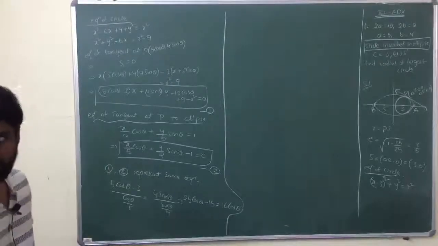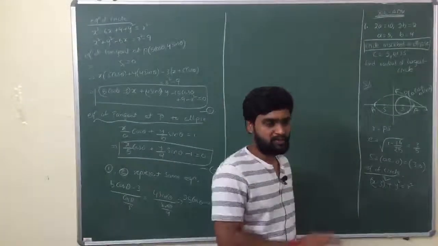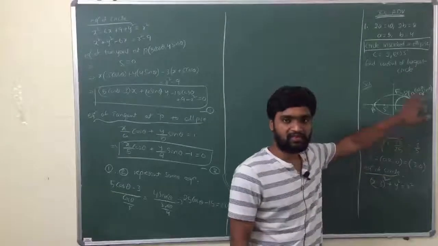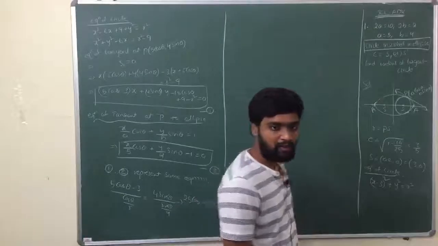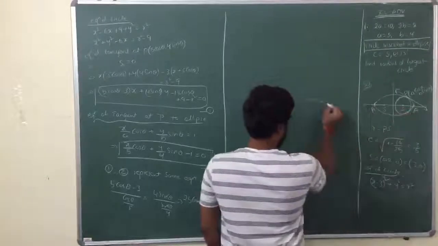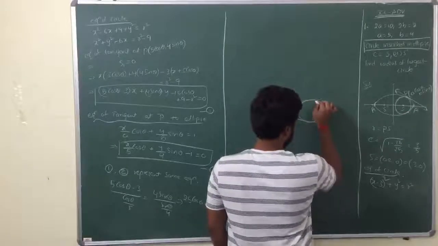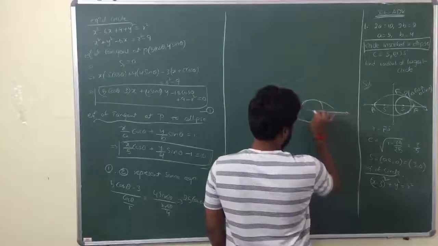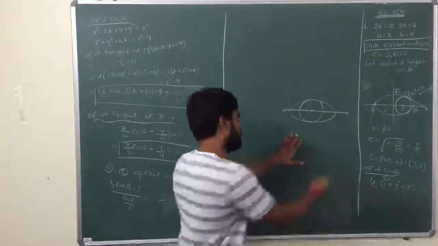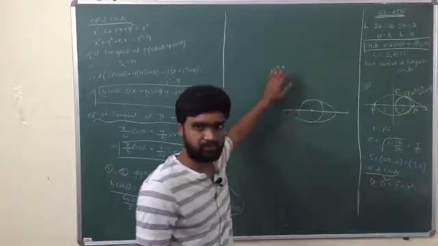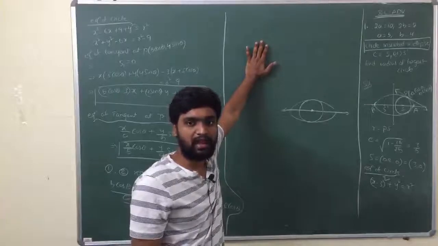Okay, we will see whatever. So first, forget about whether the center is the focus or not. What is the biggest circle that can be inscribed in the ellipse? Suppose this is the ellipse. The biggest circle that can be inscribed in the ellipse is this, with the same center as the center of the ellipse. The center of the circle should be the center of the ellipse, then the radius will be the largest.